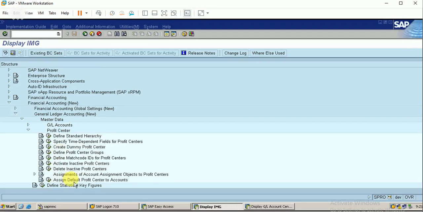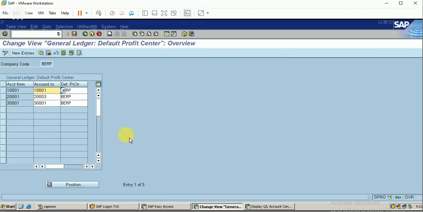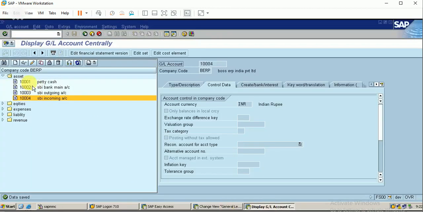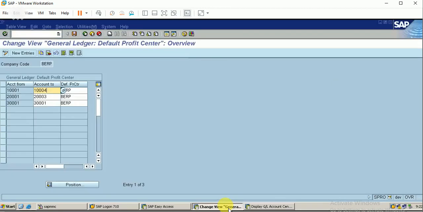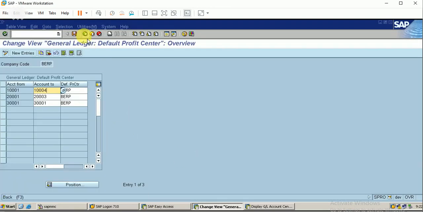Here, assign default profit center to accounts. I've already assigned account 10001. I will just add accounts 2, 3 and 4, so these four accounts, 1 to 4. I have configured them, and click on save. So I have maintained the entry here.